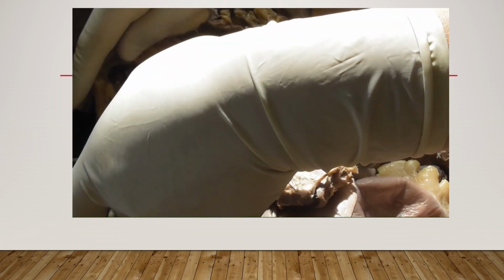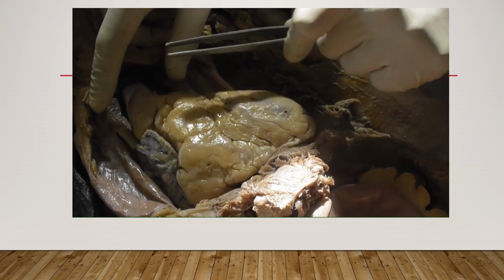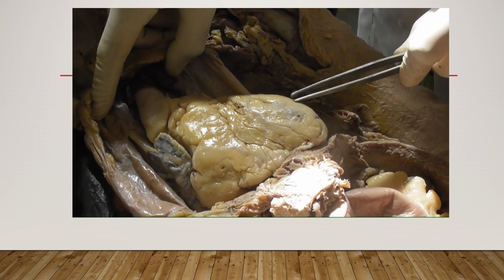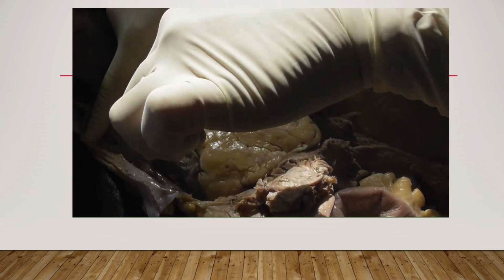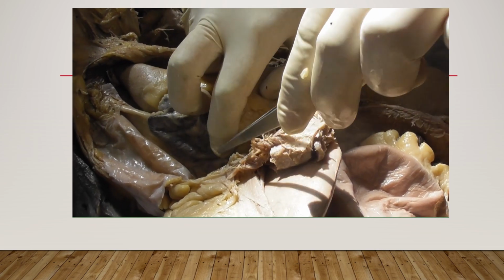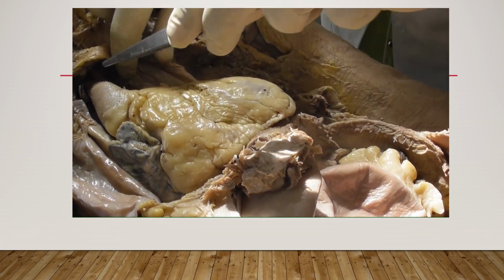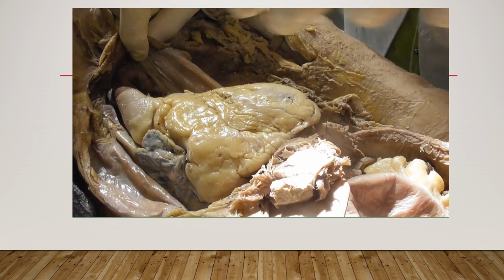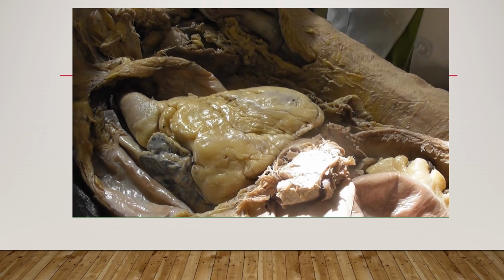its normal anatomical position. So after opening the pericardial cavity, we can see the anterior or the sternocostal surface of the heart. We can also see the right auricle, superior vena cava. Then after slightly retracting it towards the left side, we can also see the inferior vena cava. This is the aorta. Now this pericardium has got two sinuses.